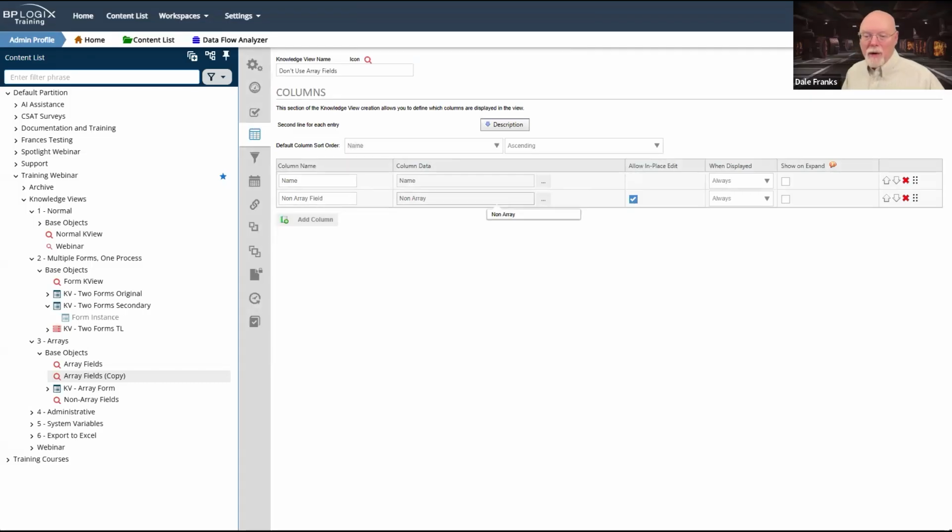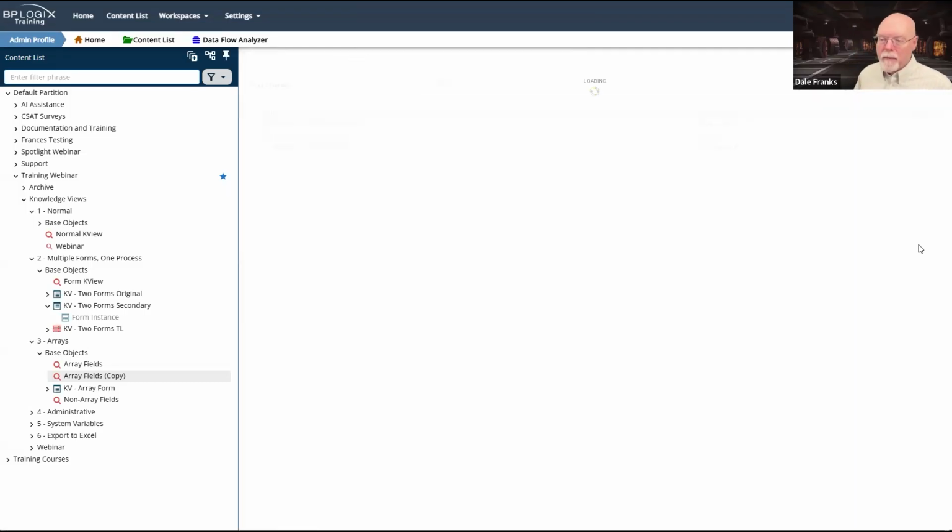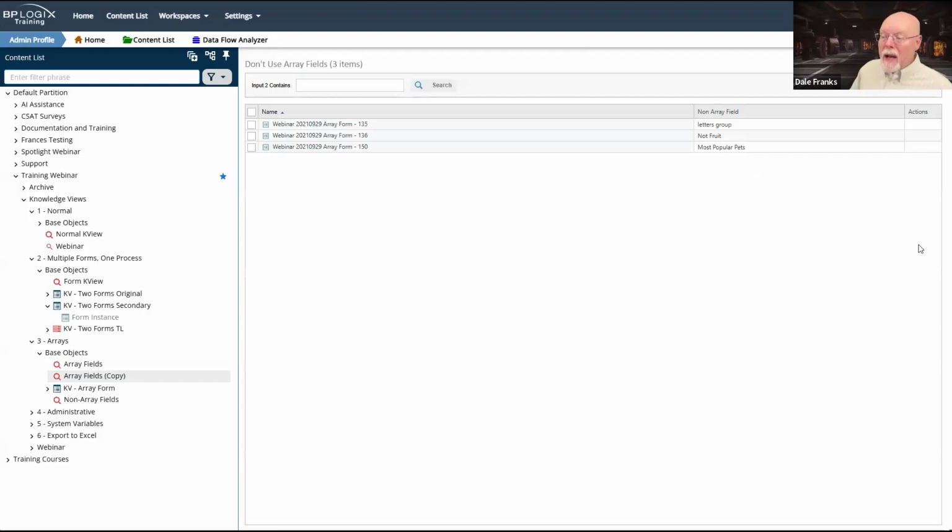So same knowledge view, all I've done is delete the array fields. And now when it runs, it's only showing me one row for each form instance. It's only going to show me the multiple rows if I use the array fields as a column of the knowledge view.